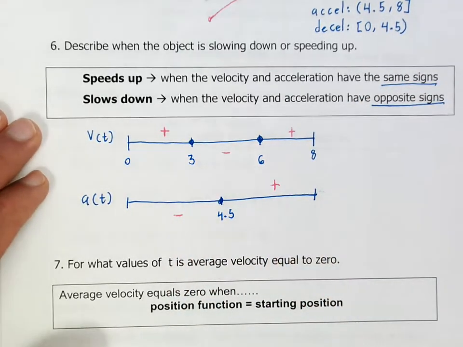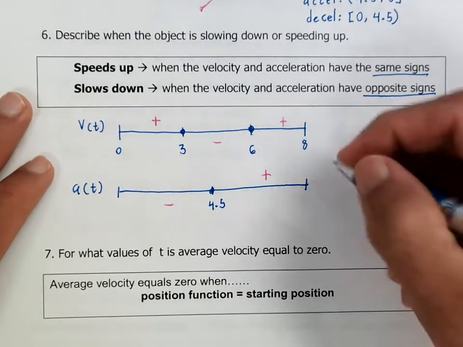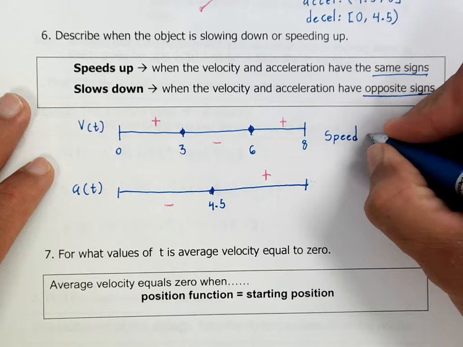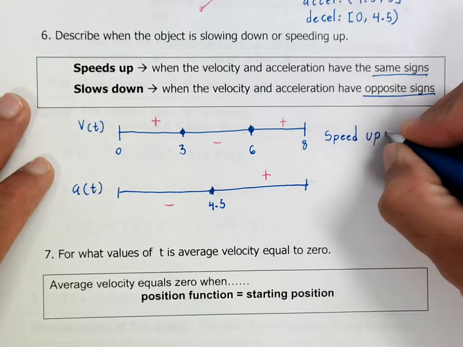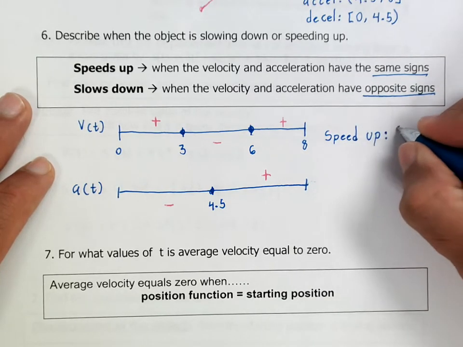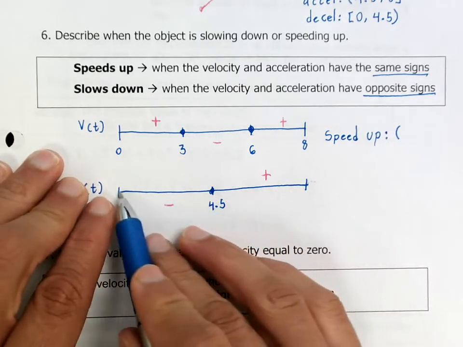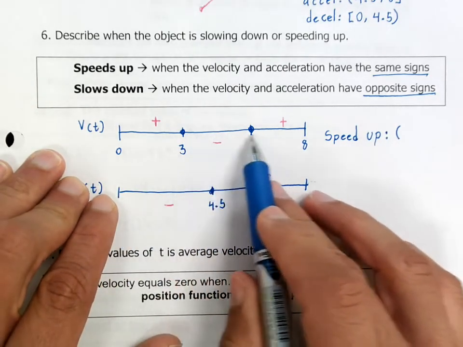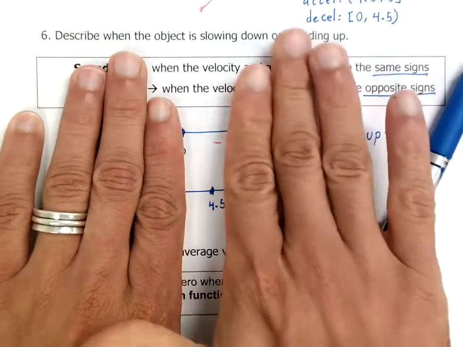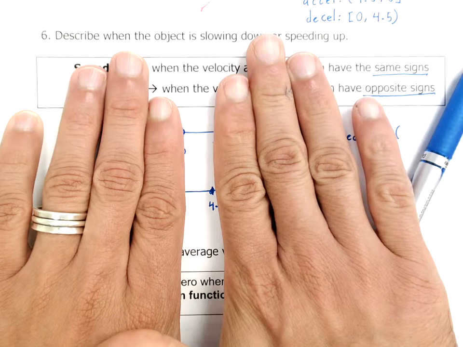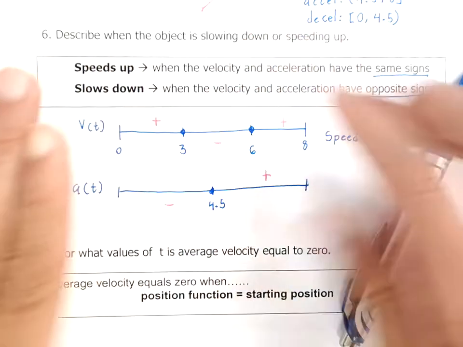All right, speeding up means you have the same sign. It just depends. You could be speeding up in the positive direction, or you could be speeding up in the negative direction. So, for example, you can tell that all of this is negative and this is negative. Right here, this little sliver between my hands, both of those are negative. So because of that,